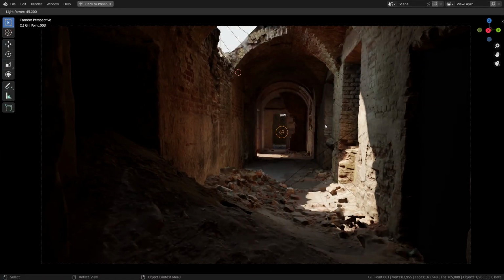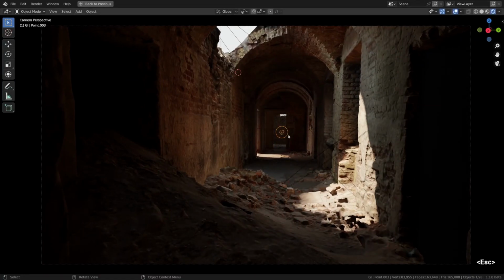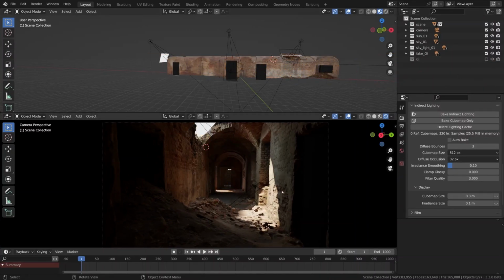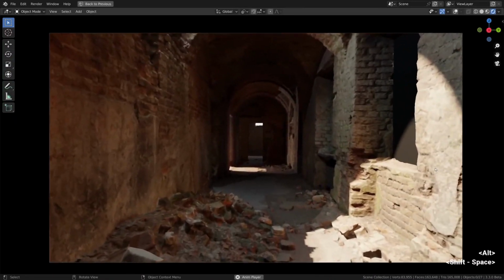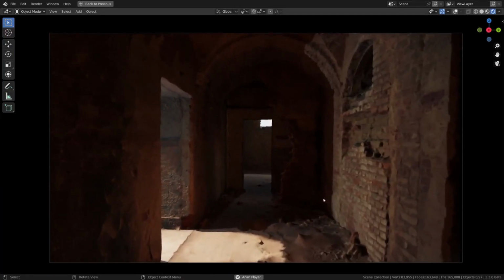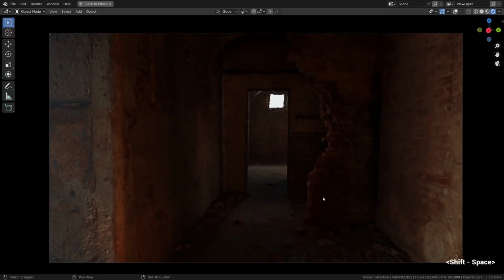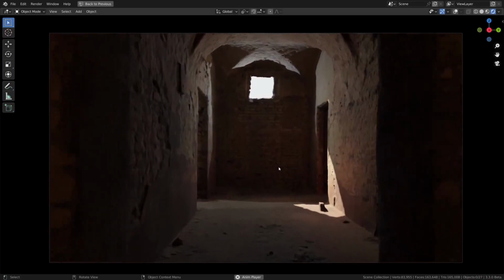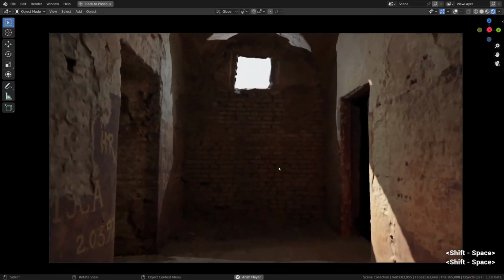So listen to your heart when tweaking the light ratios. I think that we no longer need to have the irradiance volume visible in the viewport, so let's untick its visibility box. And here we go! Shift space runs the camera animation, and you can see that the baked radiance makes it a million times more realistic. And when it's coupled with the strategically or tactically placed contrasts and highlights,